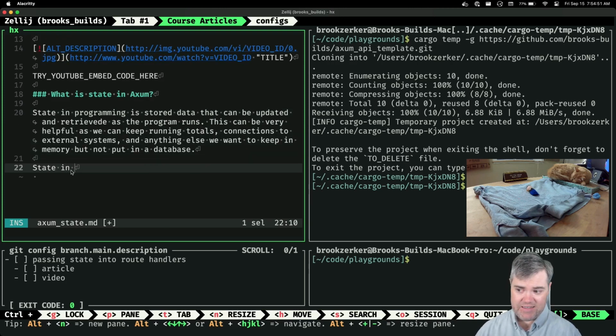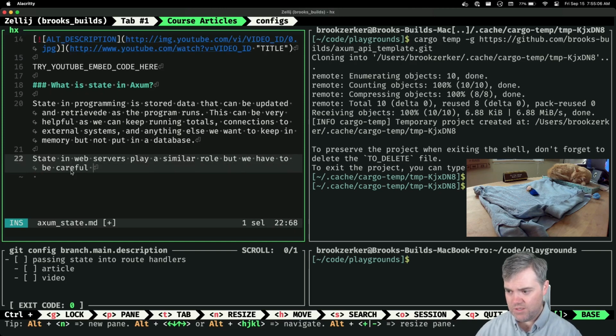State in web servers plays a similar role, but we have to be careful about what we put into state.